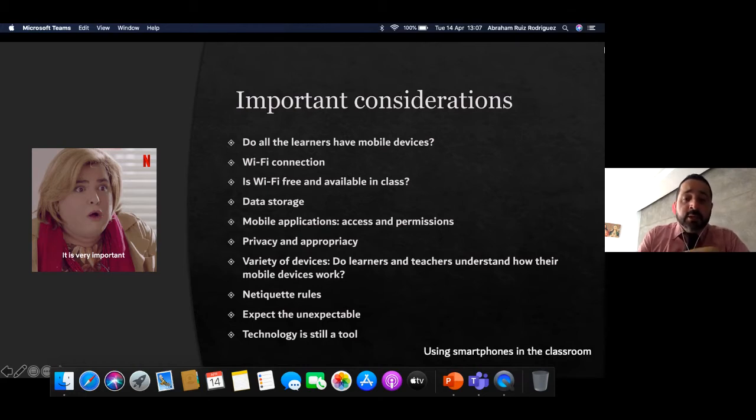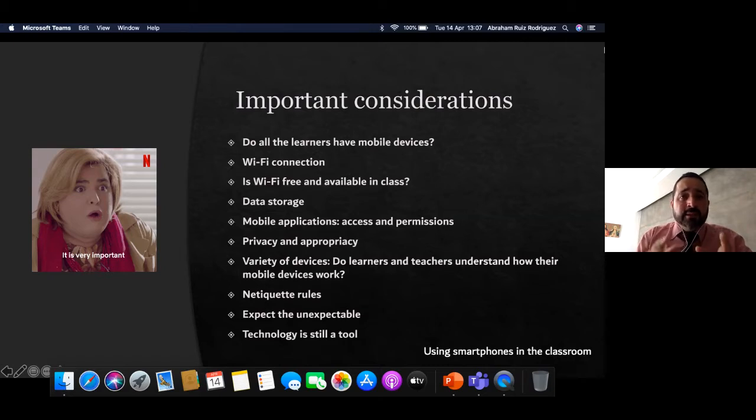Variety of devices. Do learners and teachers understand how their mobile devices work? So you have to work with that. Before applying that or using smartphones in the class, you have to know that, not all of the devices, but at least the majority, right? For example, some of them are going to use Samsung, LG, some of them are going to use iPhones, Lanix, Huawei, and we have tons of brands.